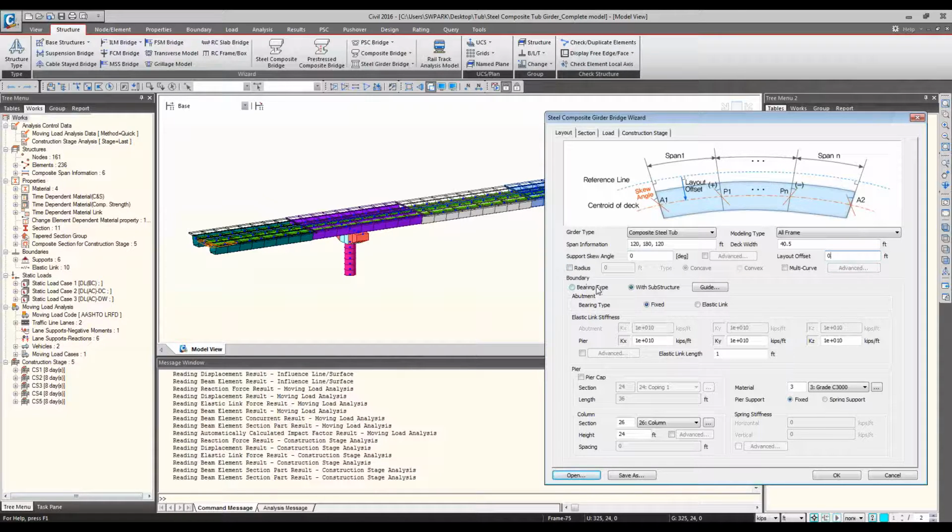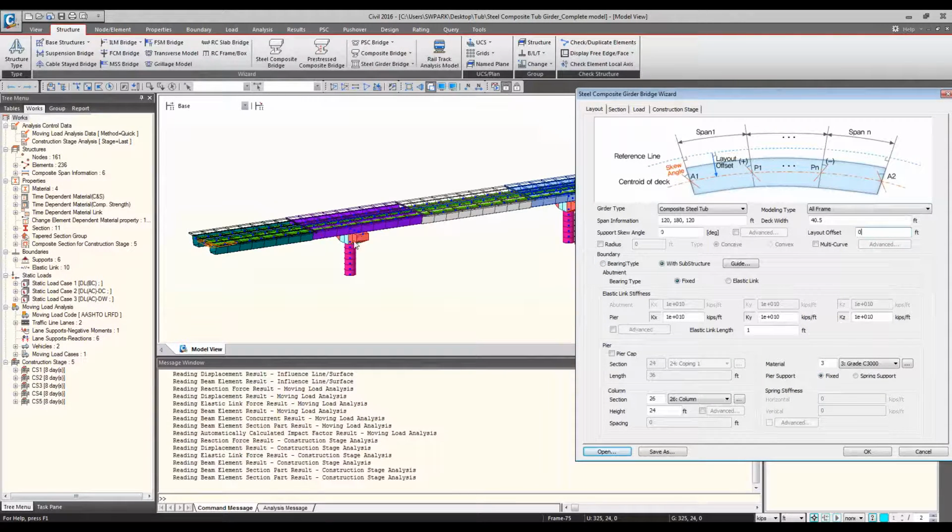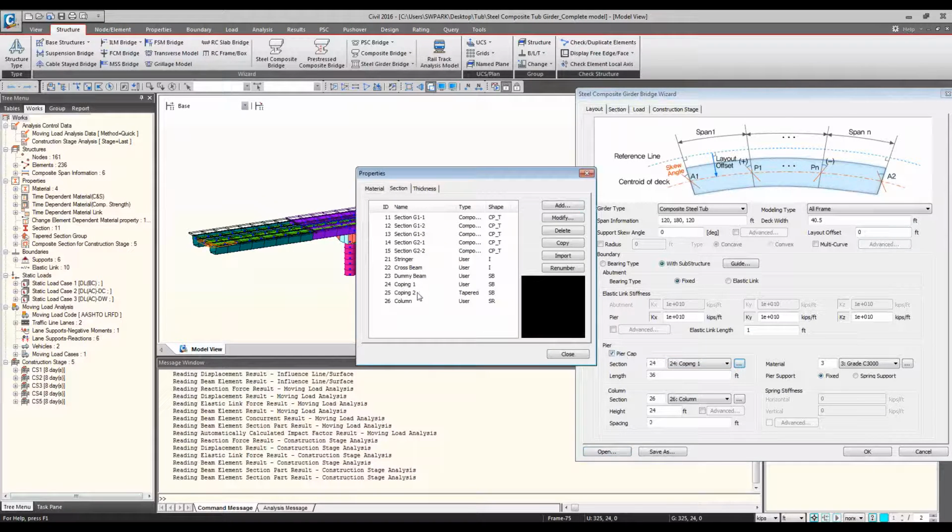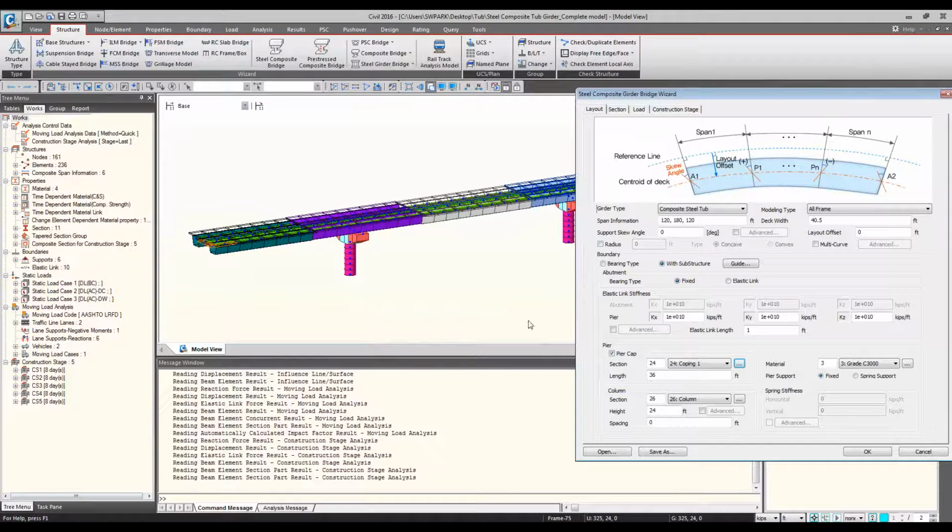So for boundary, you can model a bridge with a substructure or without a substructure. Here I made a substructure, as you can see, with a pier cap and pier columns. Check the pier cap box, and I already made some sections before I came here. Those are the pier cap sections, and here you can define the length of the pier cap, and on the right-hand side you can define the material property, and for a column you can define